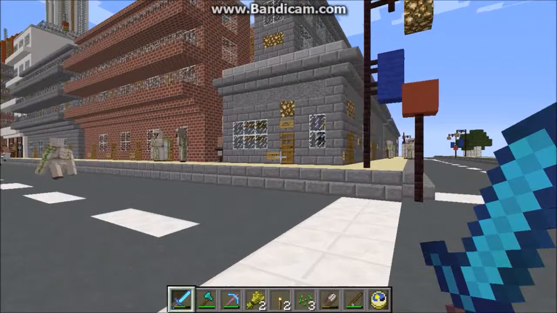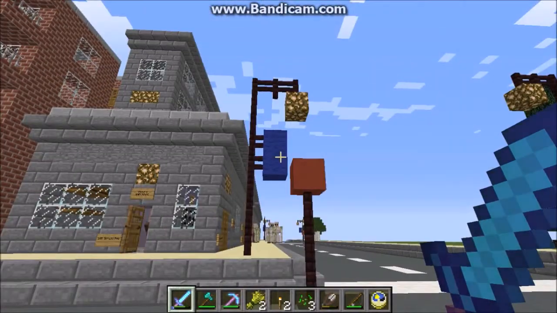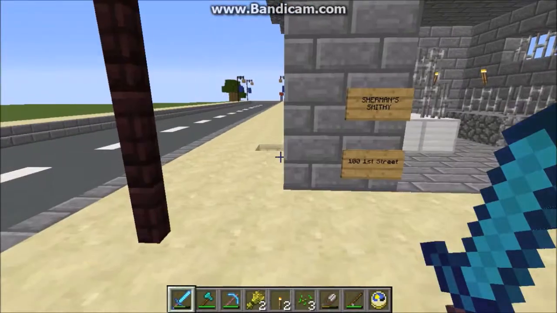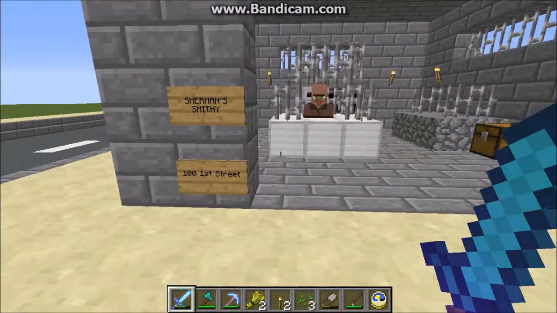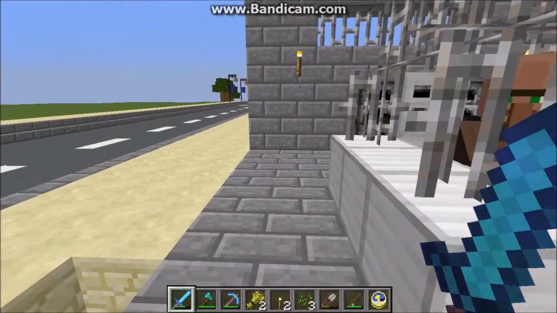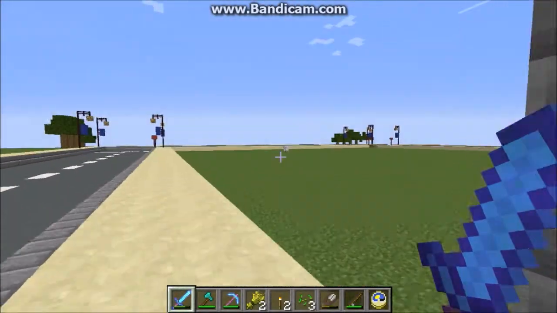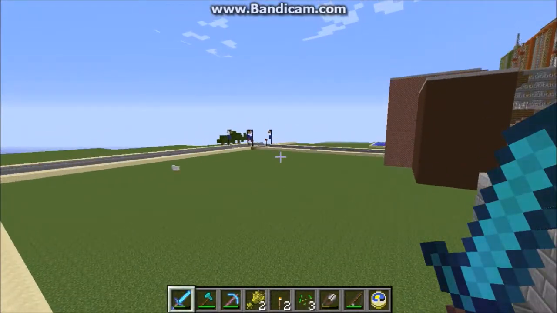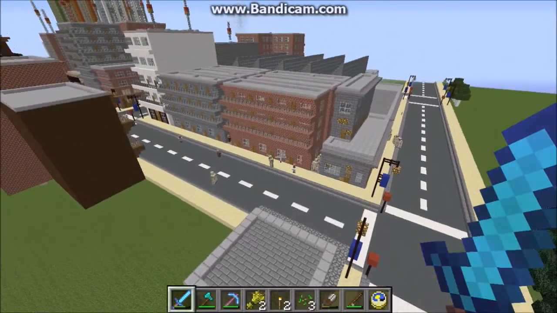So these are my little intersections. I've got banners and lights, stop signs. Sherman Smithy. So a nice big blacksmith shop with a blacksmith who, again, I am afraid to talk to right now. And then this is sort of the